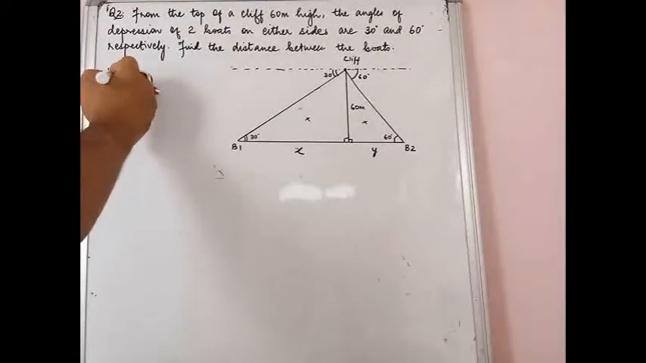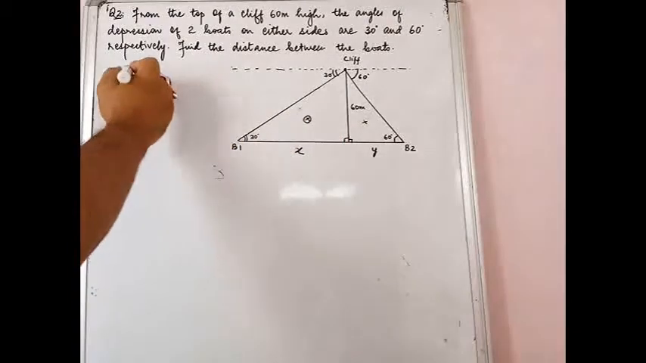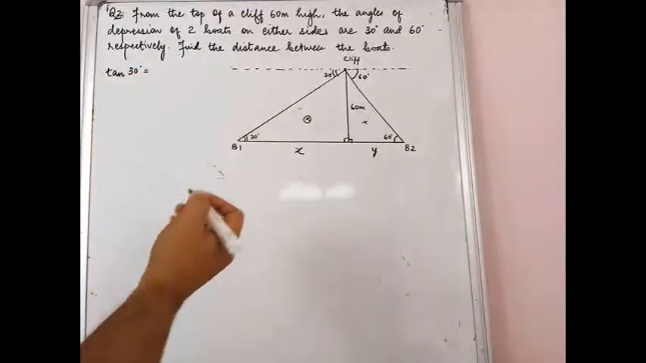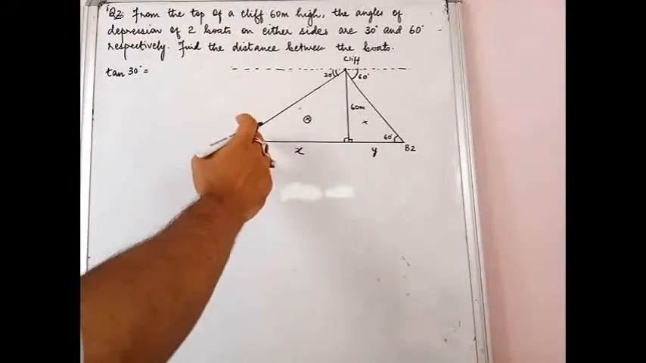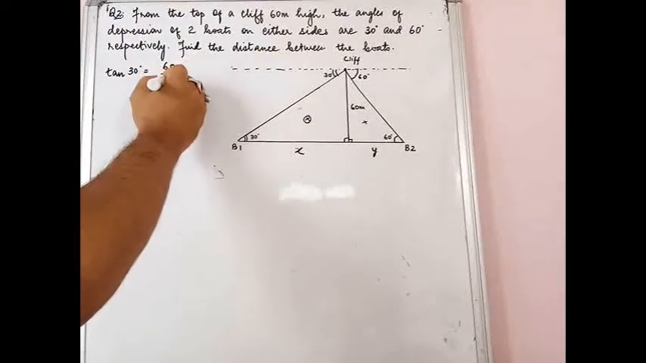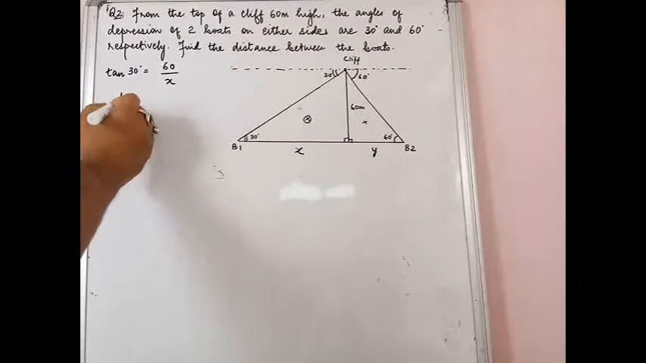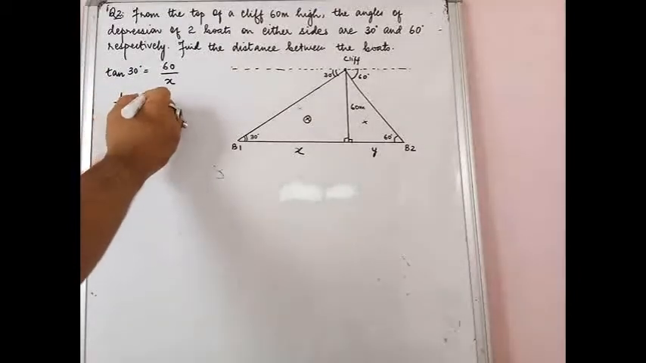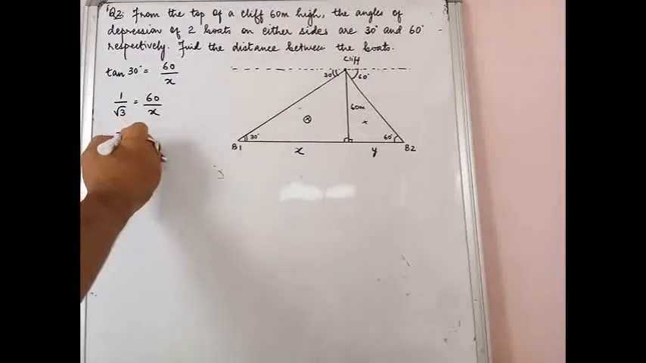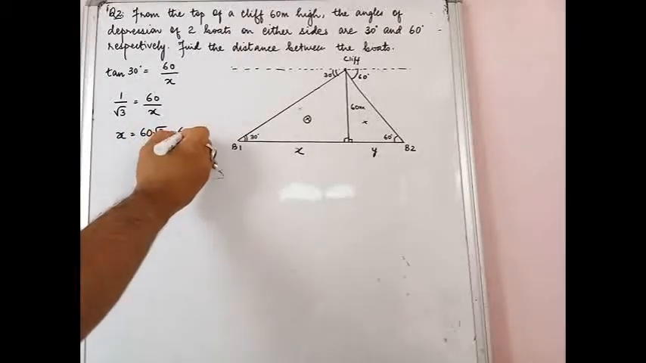Okay. So let us quickly write down tan. Let us first use this triangle. So tan of 30 degrees will be equal to what? Tan of 30 is perpendicular upon base. So that becomes 60 upon x. What is tan 30? Tan 30 is 1 upon root 3. So that becomes 60 upon x. That means when you cross multiply, x becomes 60 root 3, and root 3 value is